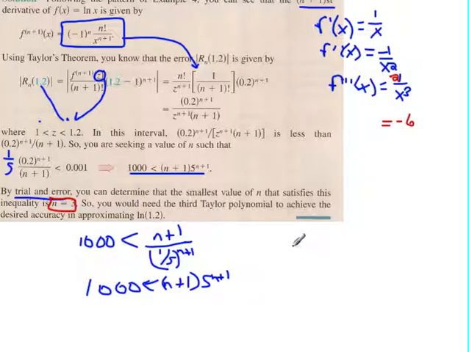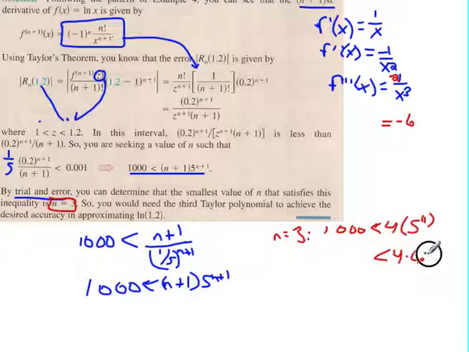Let's see. For n equals 3, we get 1,000 is less than 4 times 5 to the 4th power. 5 to the 4th power is 625, so 1,000 is definitely less than that. How about for n equals 2? Maybe we could get away with just a second order polynomial. That would be nice. So is 1,000 less than